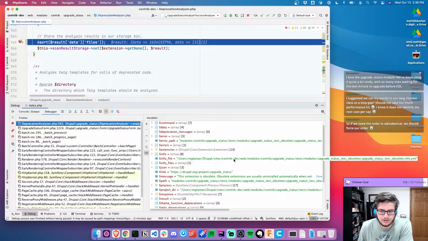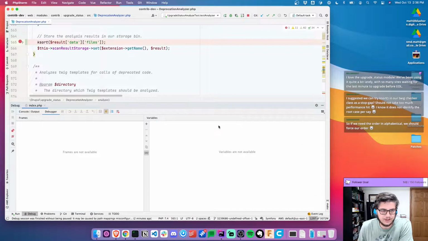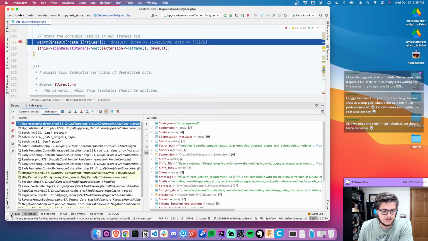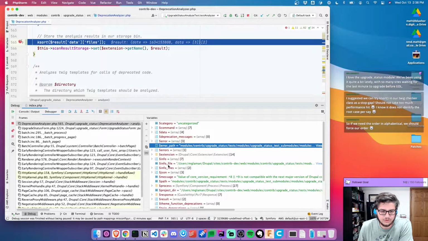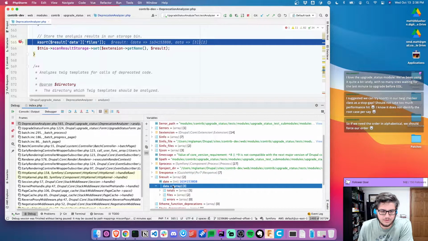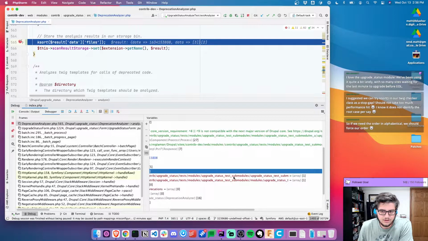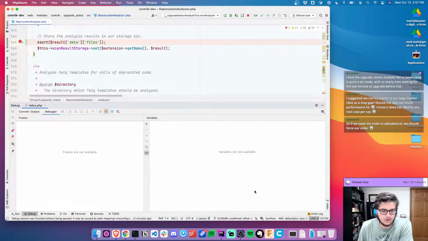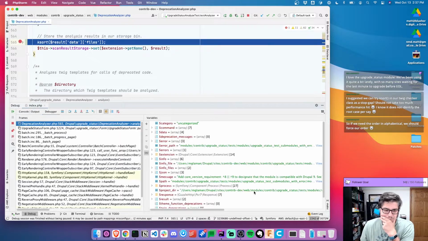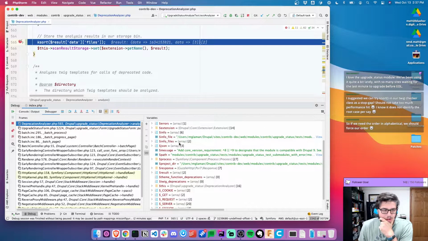Okay, what info file error path? Extension is obsolete. Run modules. So I wonder if part of the problem of sorting this is going to be to the fact that